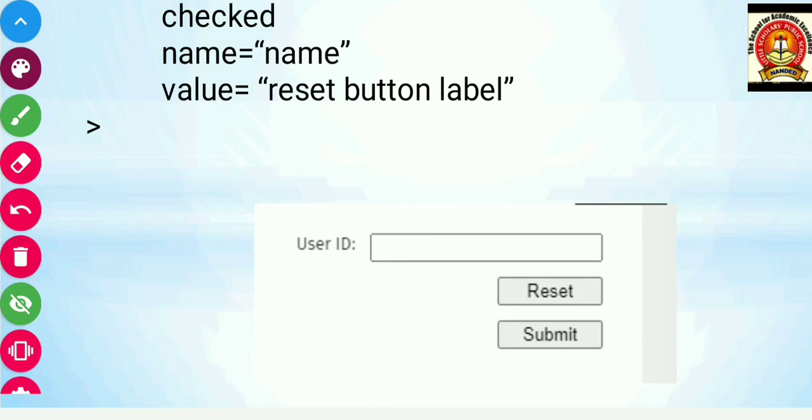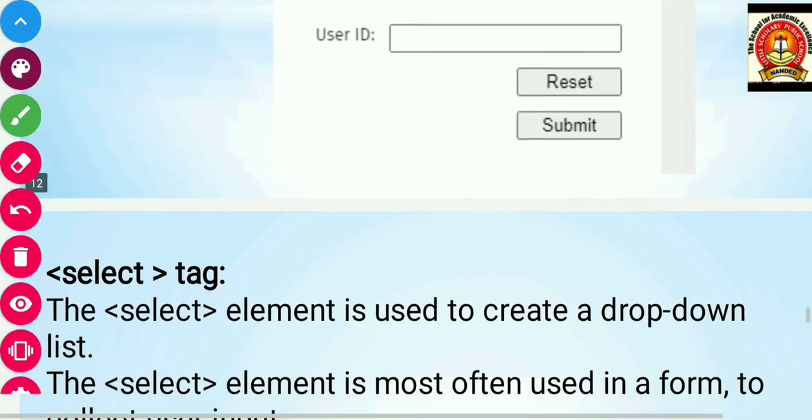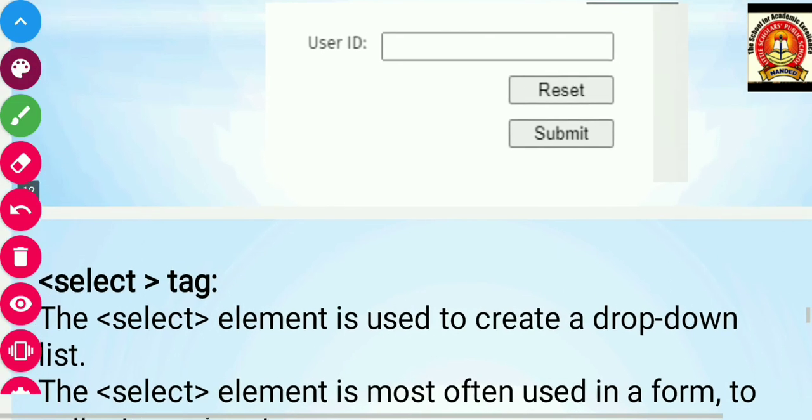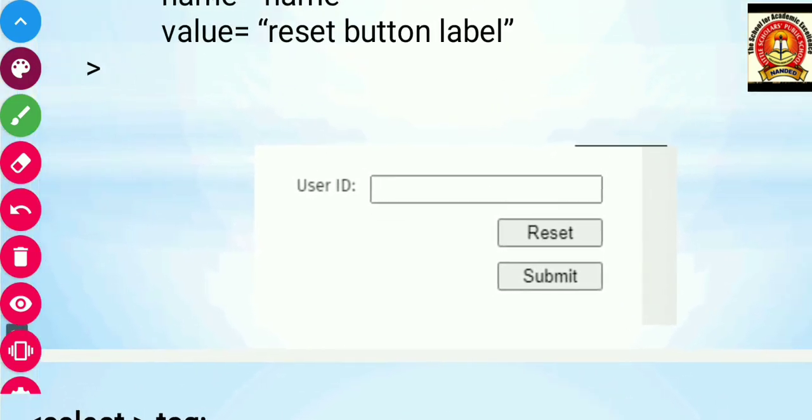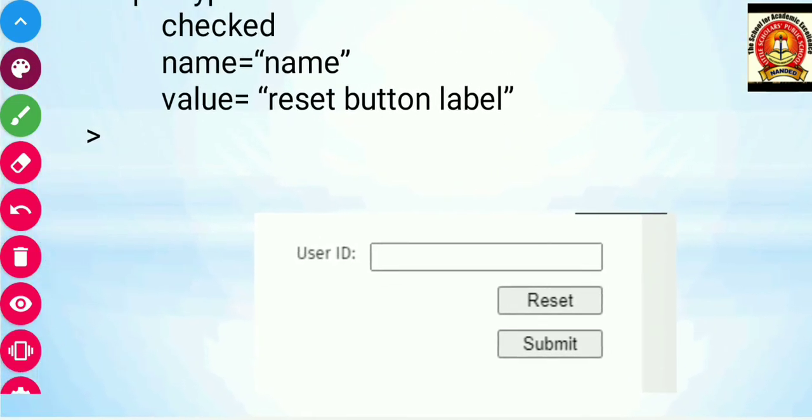And suppose after entering the user ID and a name and other details, you can click submit. Submit will send the data to the server, but if you find something wrong before submitting, you can reset it. Reset will make it zero, or make it null. So friends, these are all the input fields of the input tag.